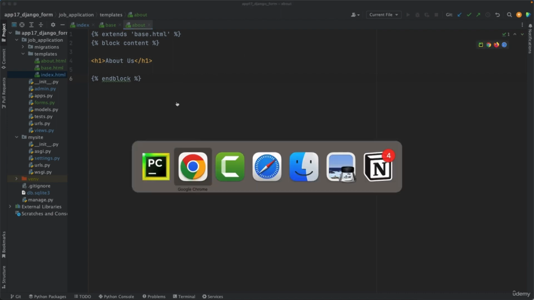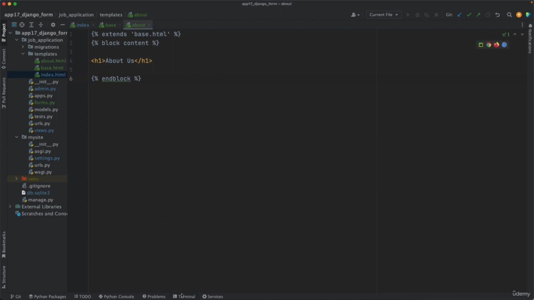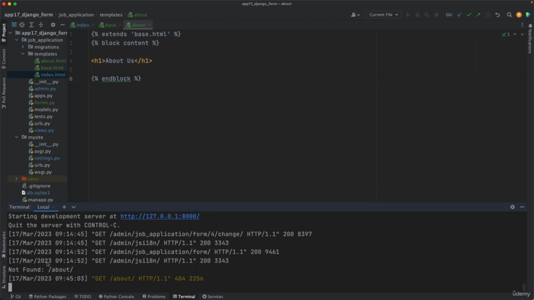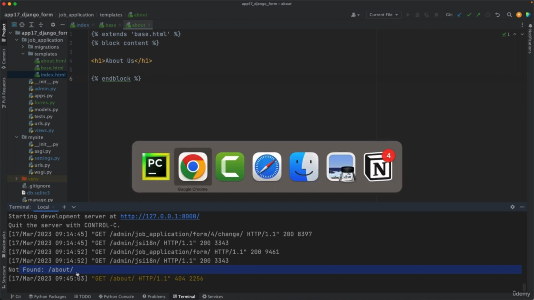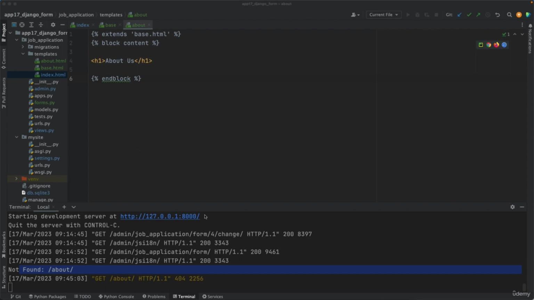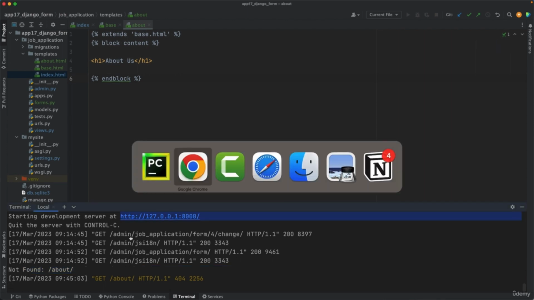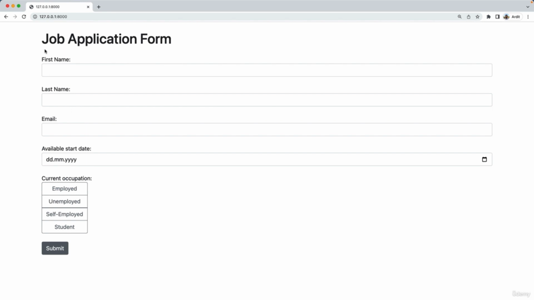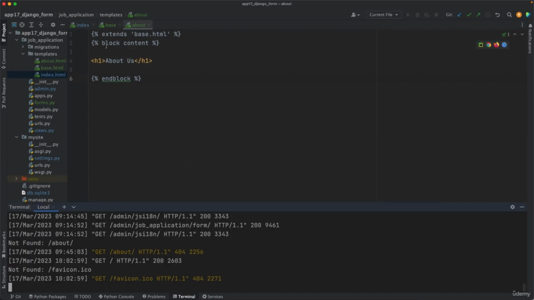Let's see what we have on the website. So make sure that the app is running here. It's running. The about URL is not found at the moment. We will fix that later. But let's see what we've got so far. So that's our home page. As you can see, the page still looks good, right? So we were able to inherit from